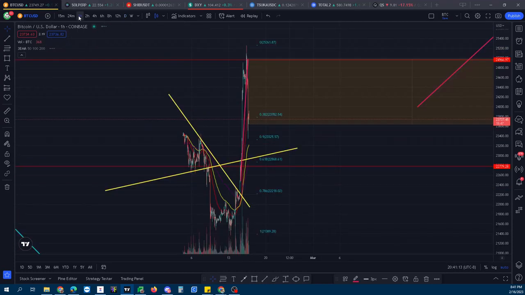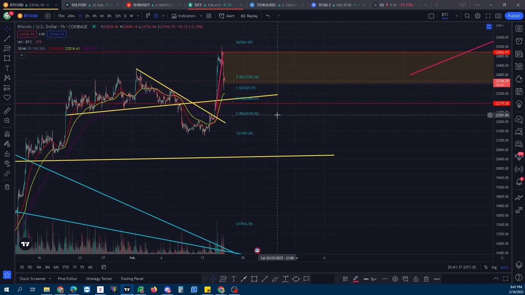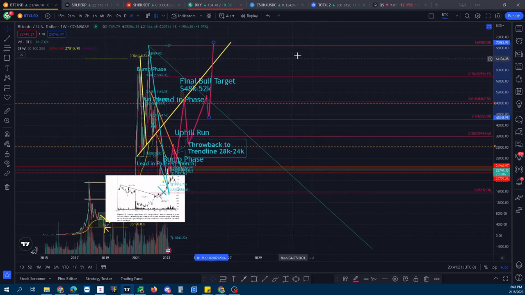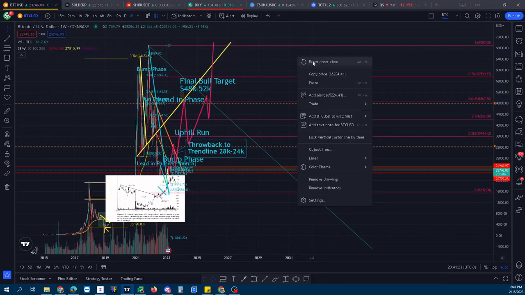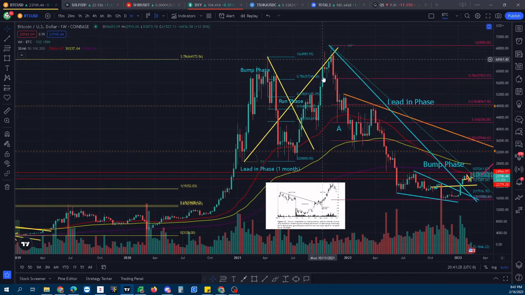I gave this to my group earlier today. I said I wasn't gonna miss the bump and run reversal pattern like I did here, where this yellow line is. It was clear as day to me, at least. We got the 618 hit. Came back down, and then we went back up.